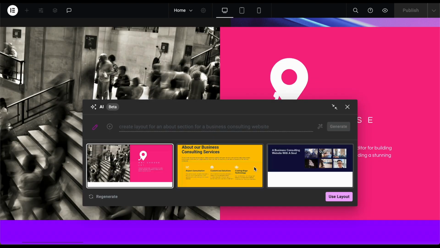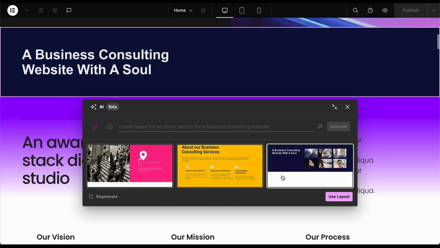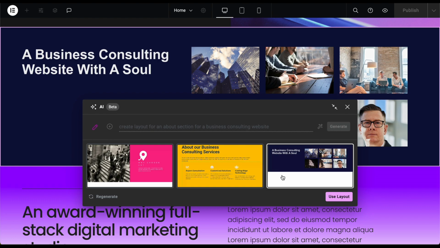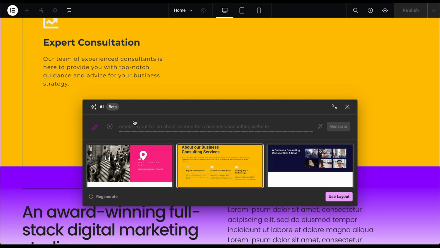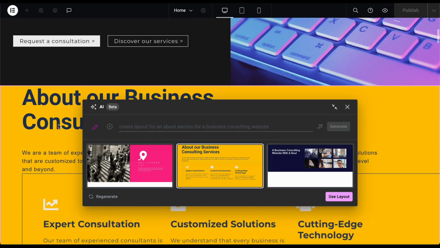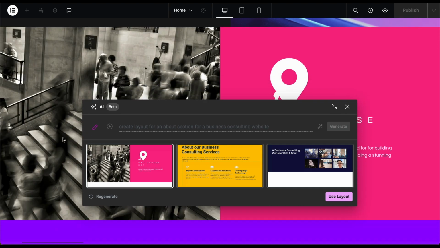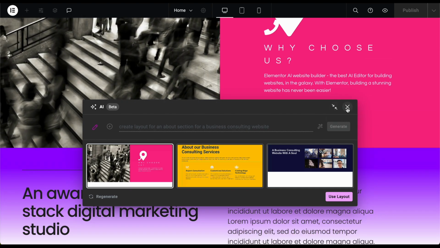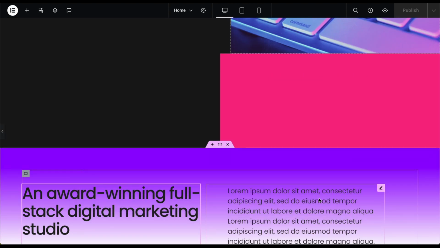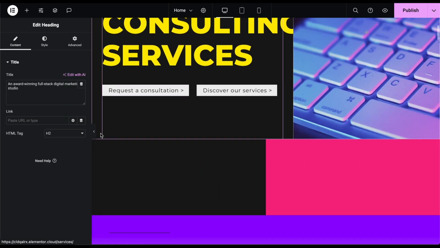And I can see we have these options right here. So I think right now this black and white color looks like it fits right there. But essentially, it just shows like a little gap. But that's the actual layout right there. If I were to click on this one, now you can see here, it's a bigger section. But there we have this, and then we have this option here. So you can see that's actually pretty cool. So let's just say like use layout, for example. Now, if we were to go back,